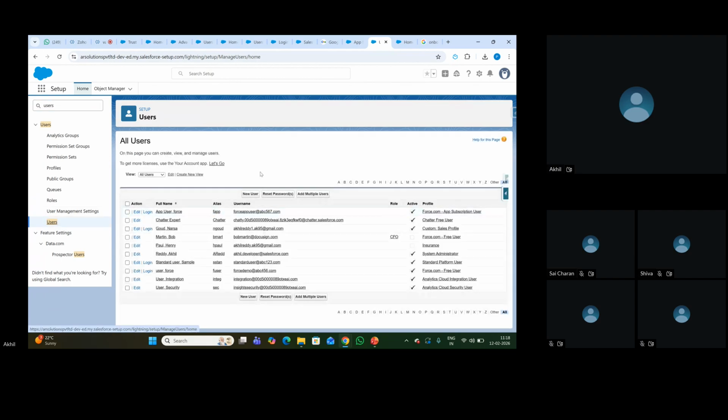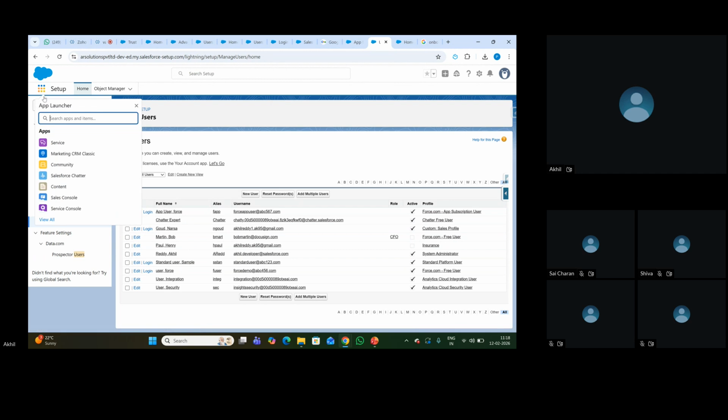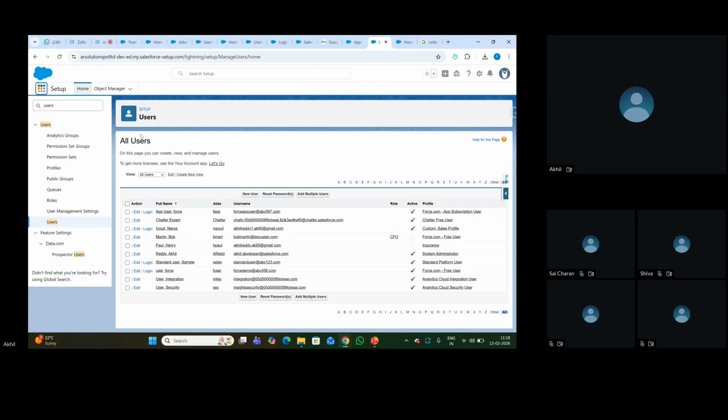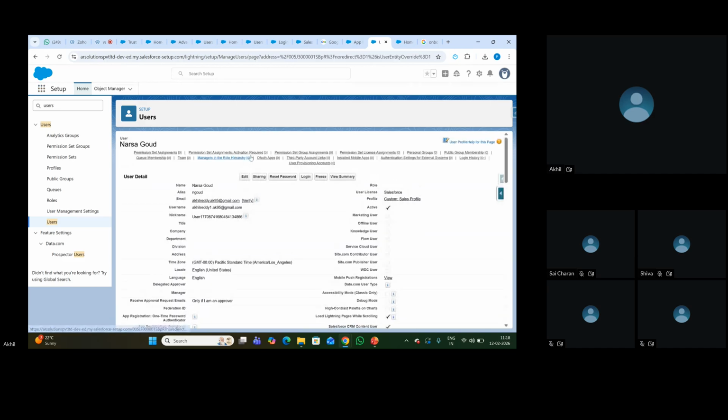He only should have access to this application. If I search for employee onboarding information, I'll not find this, because Narsa is the one who is responsible for handling this onboarding application. So if we click on login,